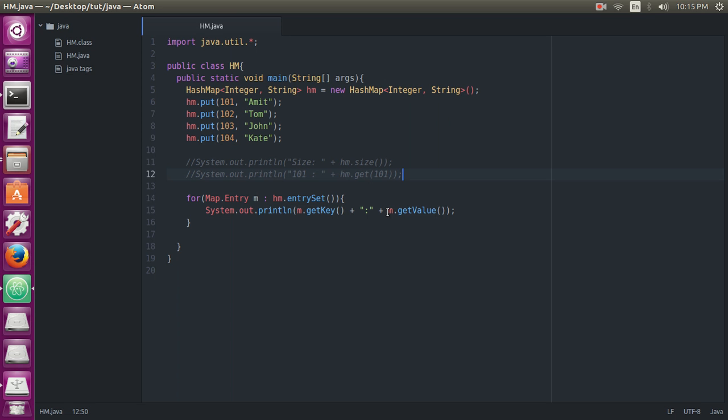Okay, now we will see some more functions. Now we will see the remove function, how we can remove an entry. So let us keep this here to see the changes. Now we will remove an entry on the basis of the key, like hm